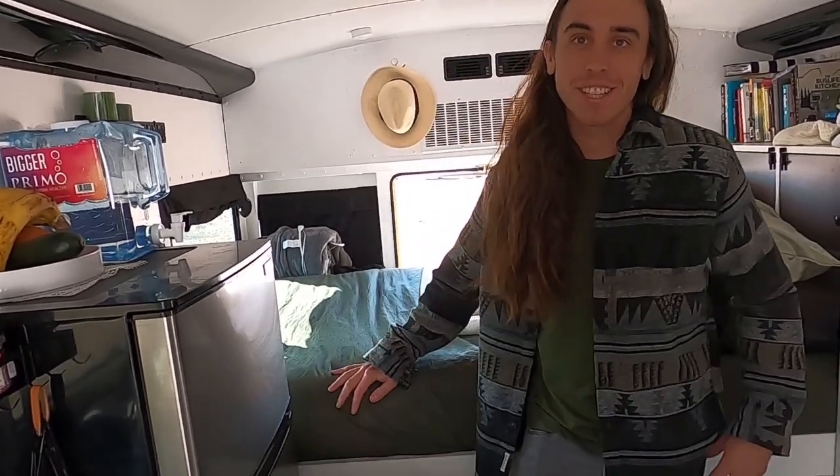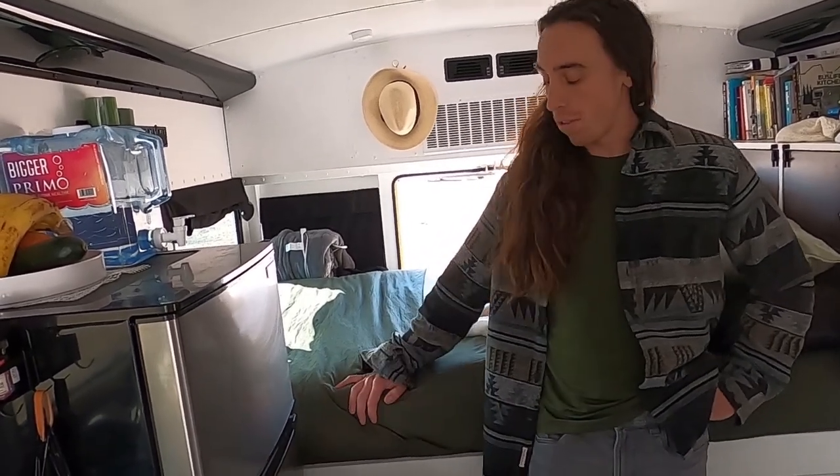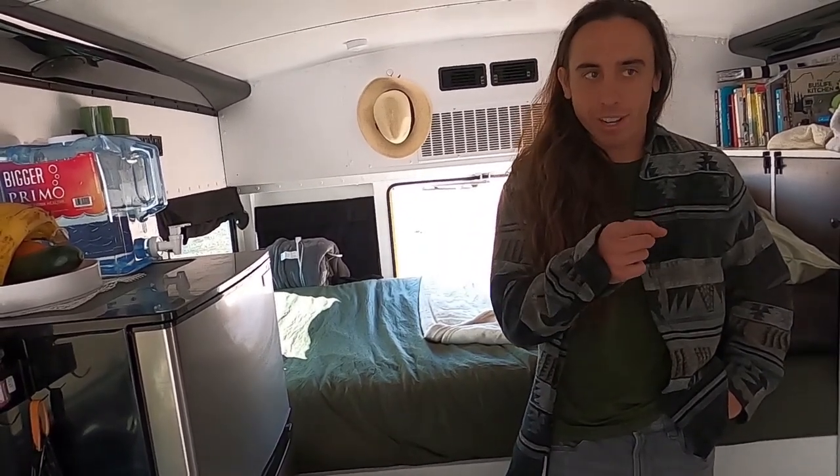I know some people have problems with theirs, but I have a diesel heater in my full-size bus. I can point it towards the front when I'm up there, and when I go to bed, I point it towards the back. As cold as it can get, I'll sleep with just a sheet over me, maybe a very light blanket. So we've used this a good amount, but Alana has her trick of keeping us warm,